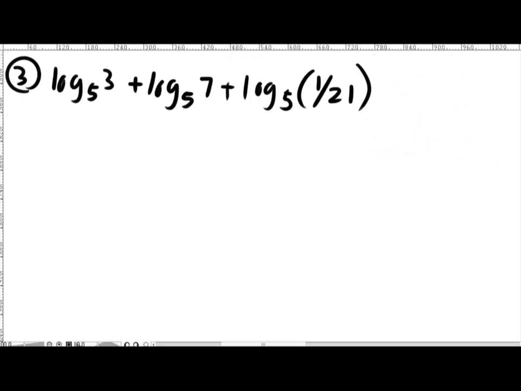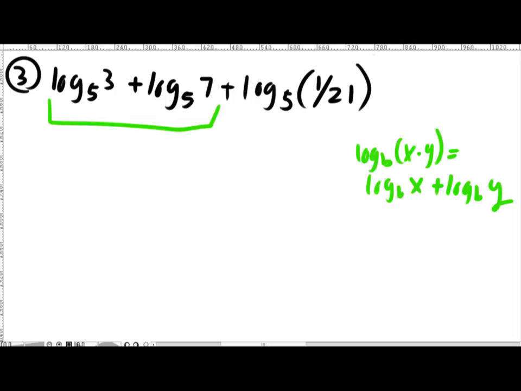Our final question is log base 5 of 3 plus log base 5 of 7 plus log base 5 of 1 over 21. We use the logarithm product rule, which states that log base b of x times y equals log base b of x plus log base b of y. You can use this here, and if we do that, we get log base 5 of 3 times 7,